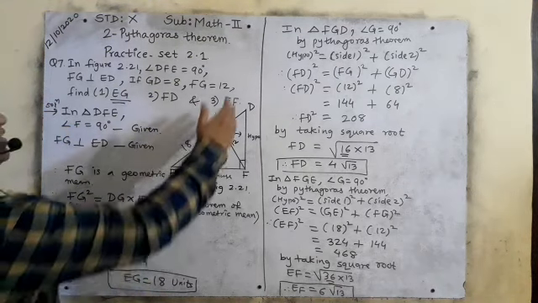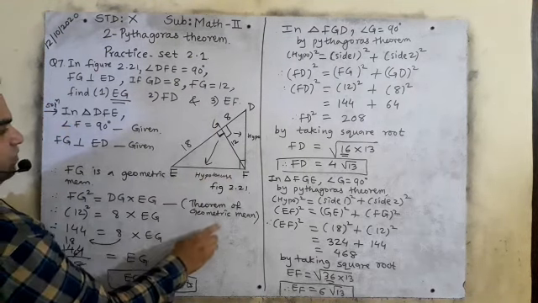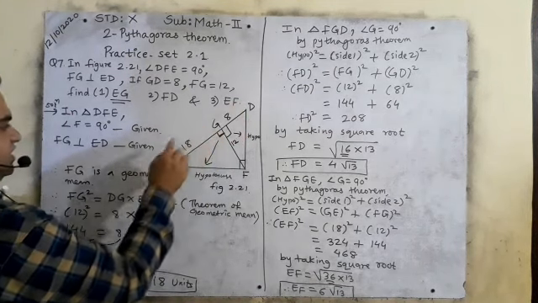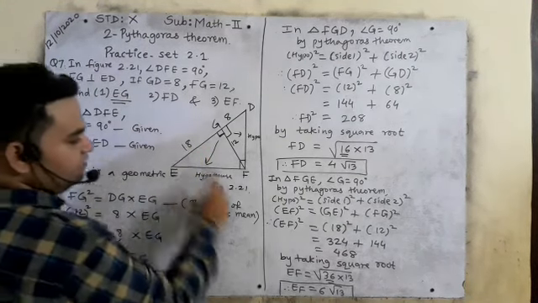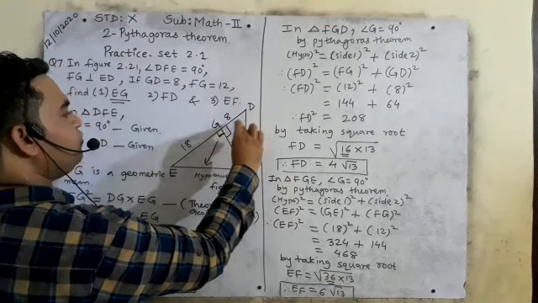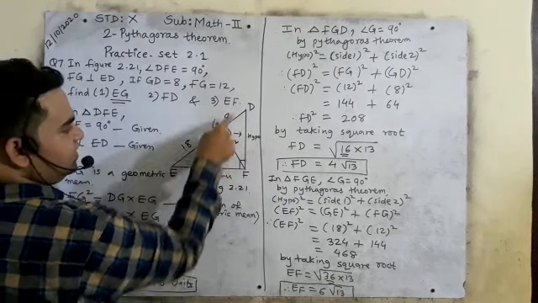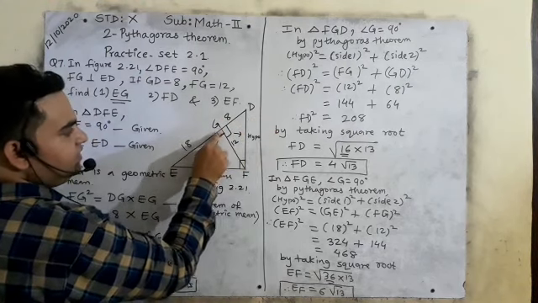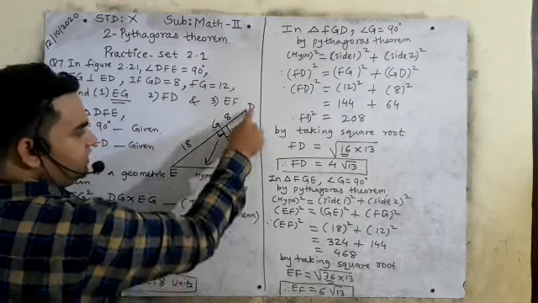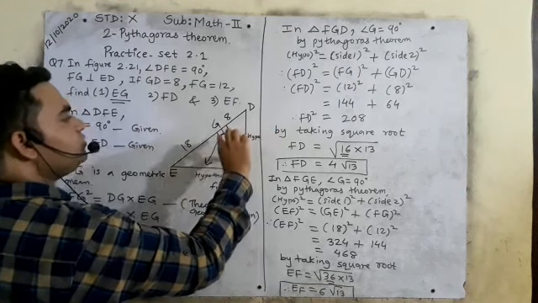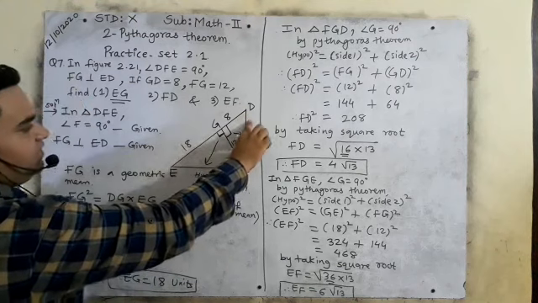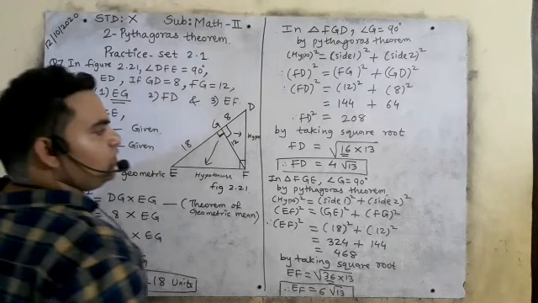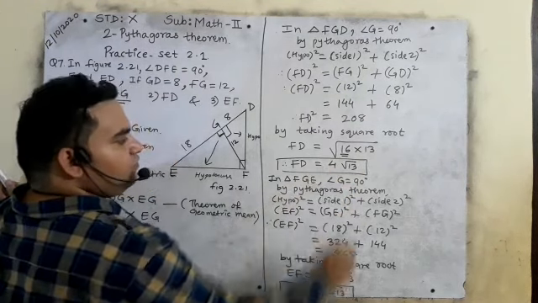Very easy. First you take the bigger triangle and use the theorem of geometric mean. FG is the geometric mean, so FG square is equal to GD multiplied by EG. EG will come as 18, and that 18 we utilize here. For the second triangle, two sides are given, FG and GD, and we have to find FD. If this is 90 degrees, the opposite side is the hypotenuse, so hypotenuse square is equal to side 1 square plus side 2 square. FD square will come 208. It simplifies: 16 times 13 is 208, and 16 is a perfect square, giving 4 root 13.